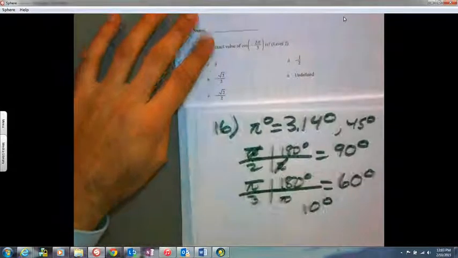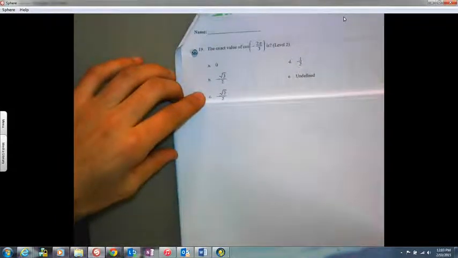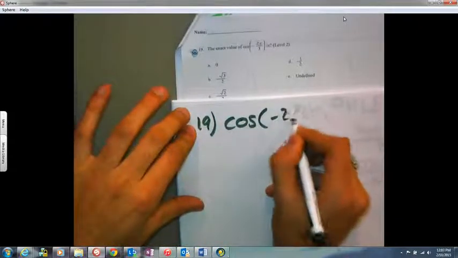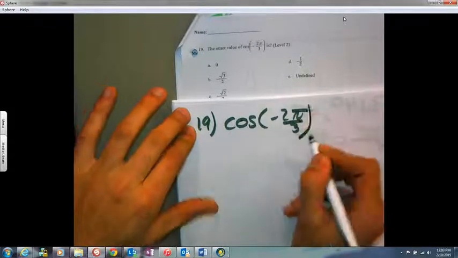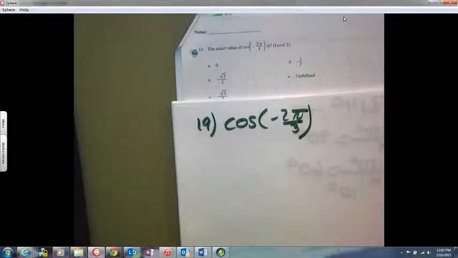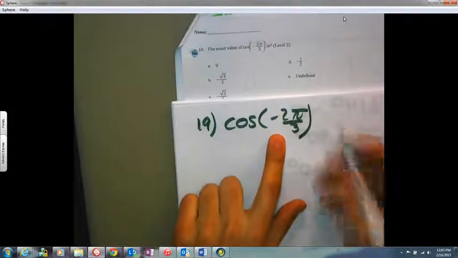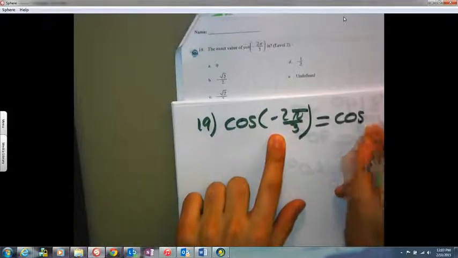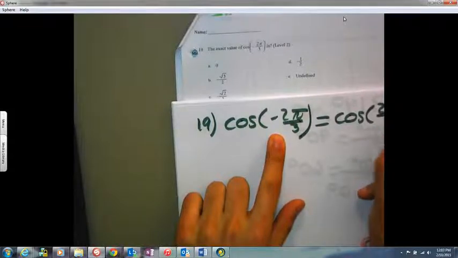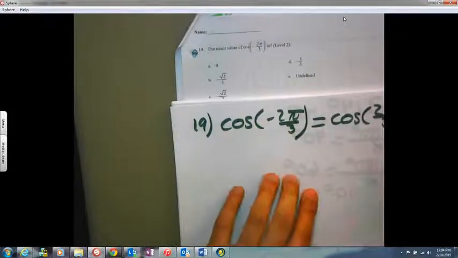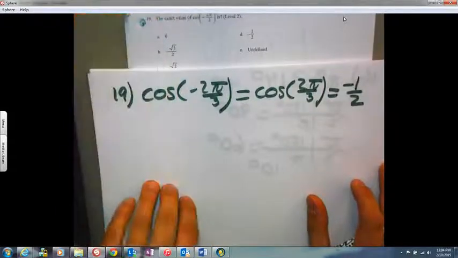The exact value of, okay, cosine negative 2 pi over 3. Two ways to attack this problem. We know that cosine is an even function, which means cosine of negative angle equals cosine of the positive angle. Cosine of 2 pi over 3 is negative 1/2. That's one way to attack the problem. The second way to attack is to remember